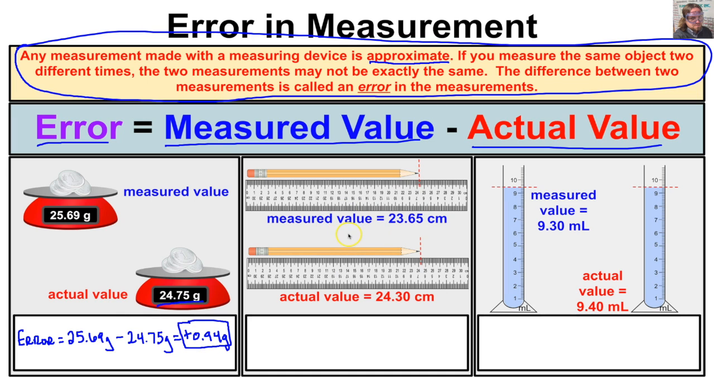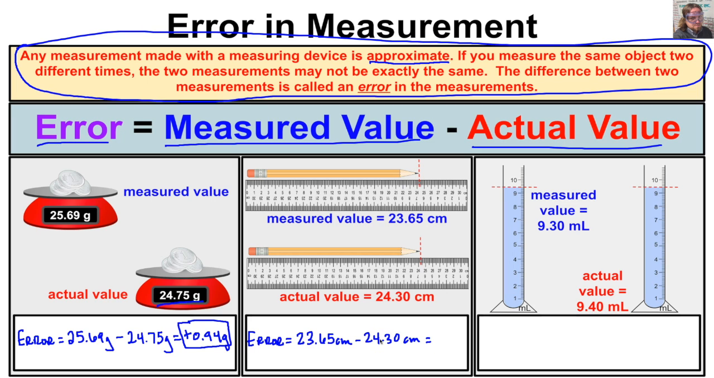Let's take a look at this example right here. When a student in the lab measured the length of this pencil, he measured the length of this pencil to be 23.65 centimeters. However, the actual length of this pencil is 24.30 centimeters. So how do we get the error in the measurement here? How do we get the student's error? Once again, to get the error here, we're going to take the measured value, which is 23.65 centimeters, minus the actual value, which is 24.30